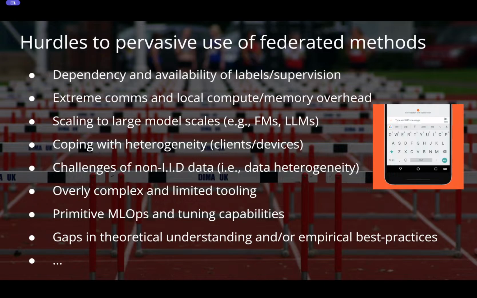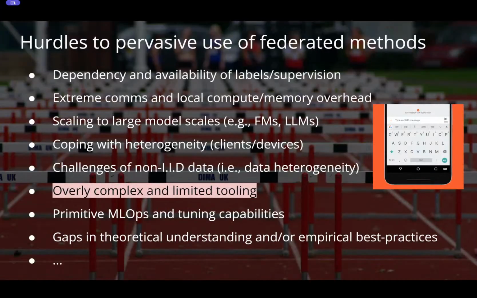The biggest hurdle, I believe, to this moving forward at a much faster rate is not all these things that people want to freak you out about, why they are difficult challenges, but it's actually this one here: the overly complex and limited tooling available. Right now, I can grab some random person on the street and they can train an LLM using 1,000 GPUs with barely any knowledge of what's going on.